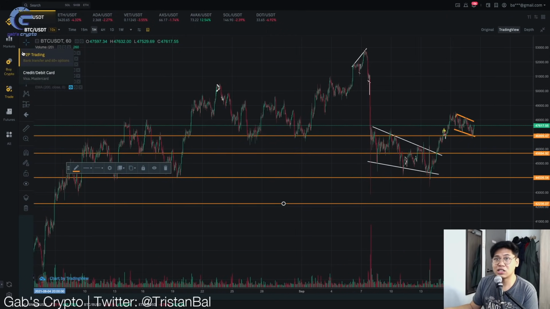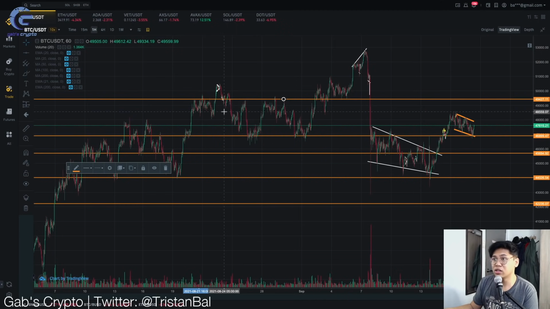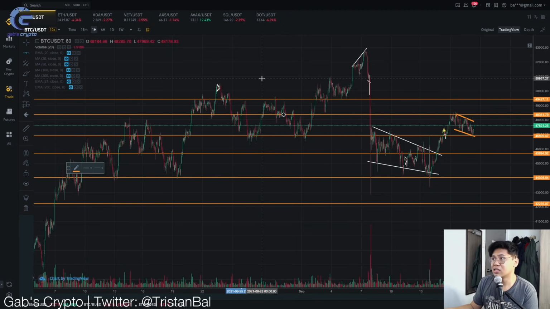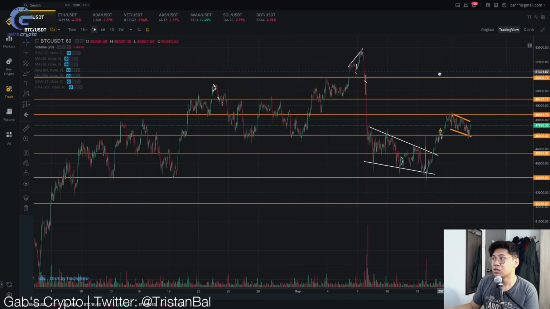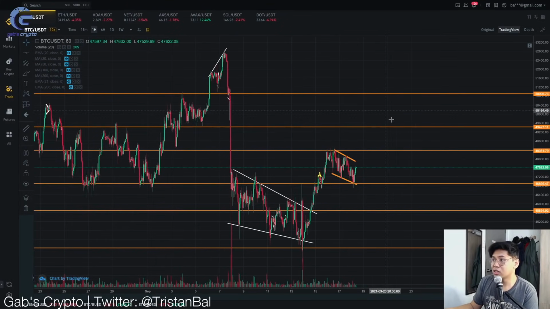Now, yung mga resistance areas na pwede din nating tingnan, if ever na ma-break natin yon, it could be this one. You could actually say that this is also another resistance area. And then, lastly is this resistance. So right now, ang mga buying areas ko would be this specific level of 46.8K,